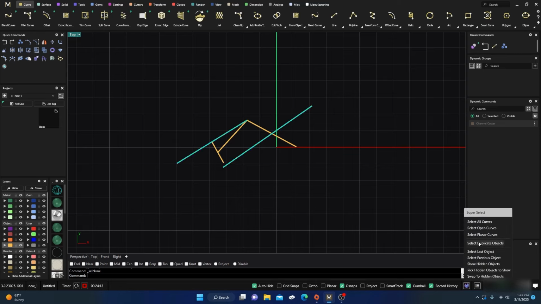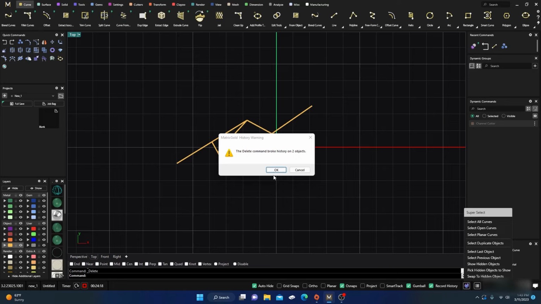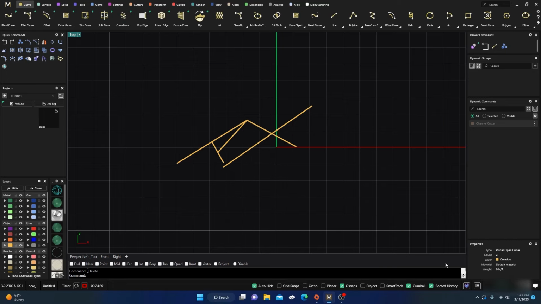Let me hit duplicate objects, and then I'm going to delete them. And it broke history, but that's okay. Now, when I go in here, duplicate objects is not listed. So check if something's not going good. Occasionally go over here and check to see if you have duplicate objects, because that'll kind of mess things up,